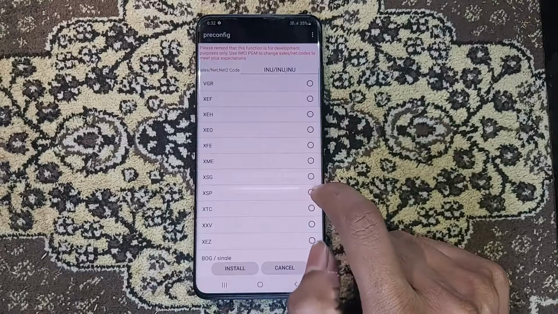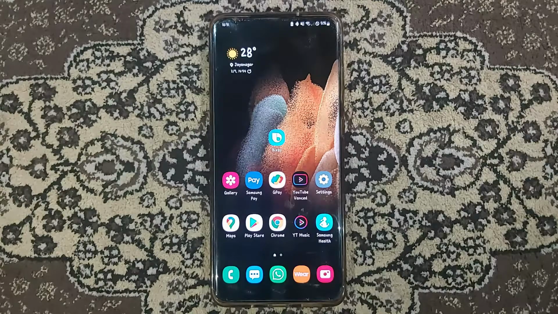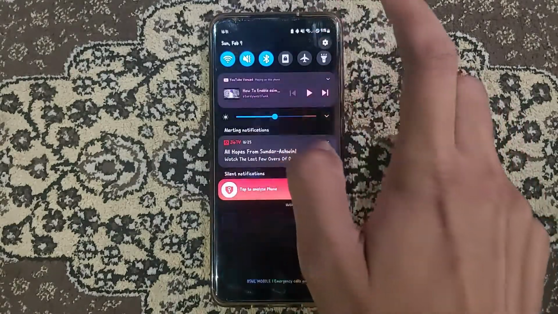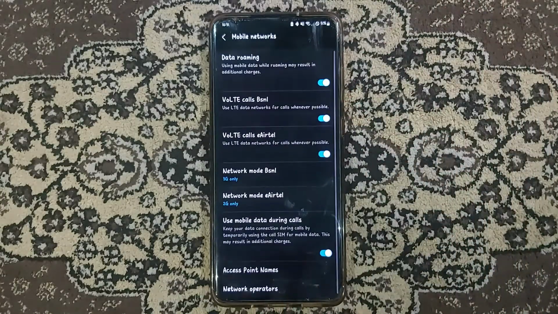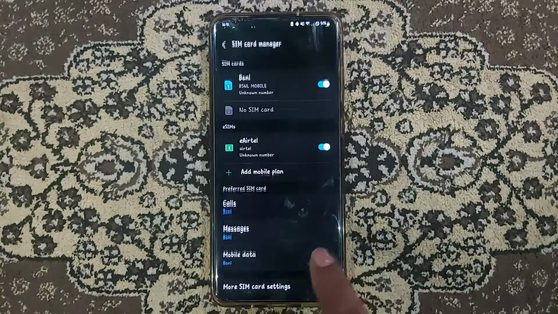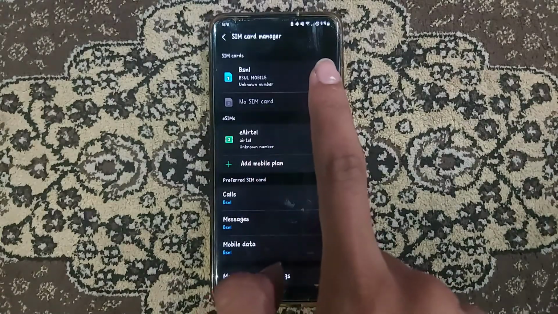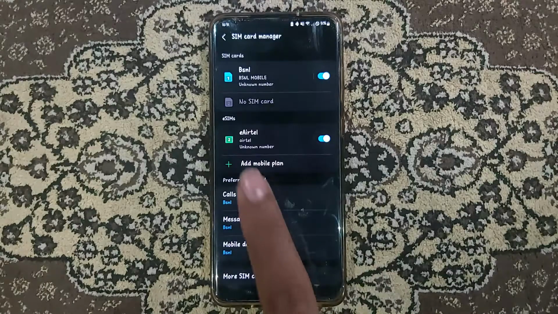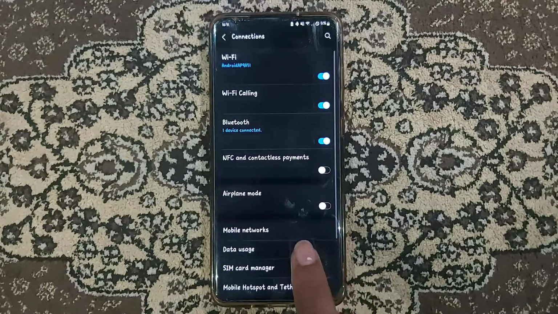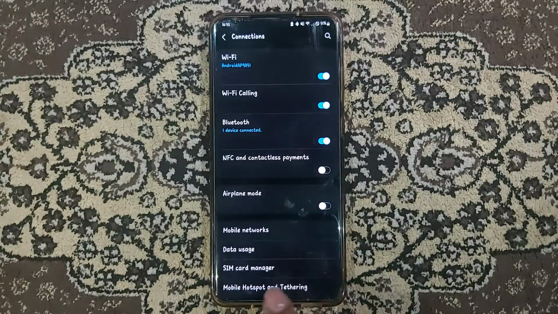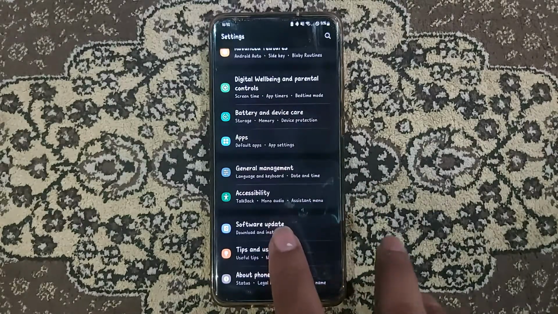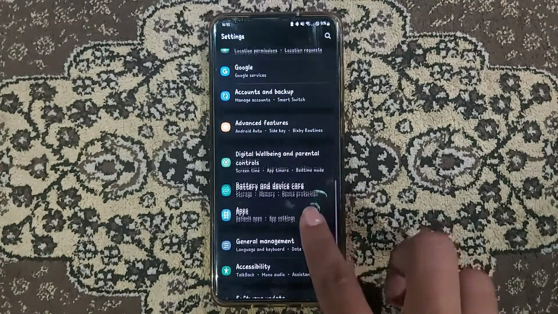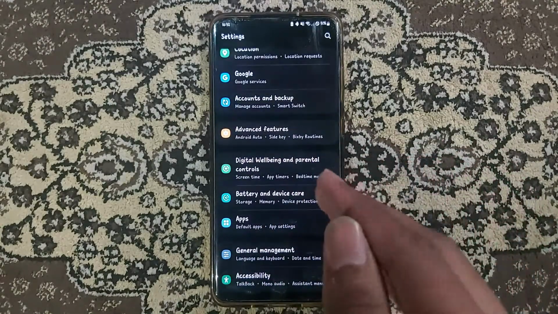There is another method where you can go back to your Indian CSC. As you can see, my eSIM is right now inactive. I have given a request to change because I am going to show you guys. Here it is, but network is not available. So I will show you an easy option in this. To go back to your home CSC, there is another option, that is you have to factory reset your phone. I will show you that.